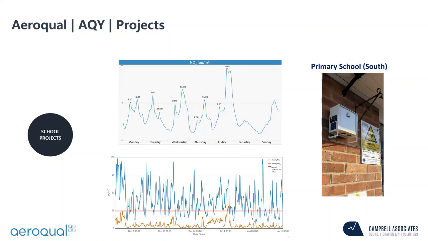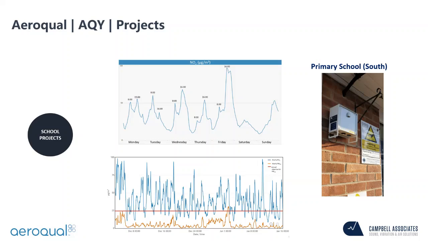So the parents were complaining because they were worried that their children were exposed to high levels of air pollution, and the local authority also wanted to make sure that they could identify the levels and propose mitigation measures. The advantage of using the AQY for surveys like this one is that the AQY will deliver the minute data. Very near to this school, precisely 75 meters away, there was a diffusion tube site,